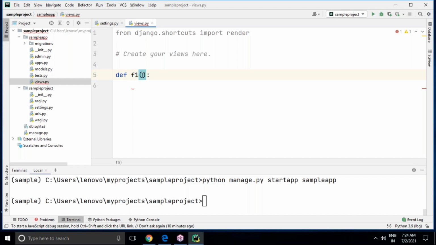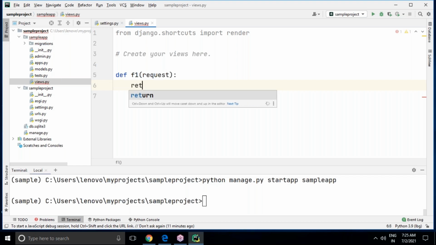It's my view name. And this function will have the default argument that is called request. Right now, this argument I'm not using here, but compulsorily we have to pass request because, as I said, Django is going to work with the client server architecture. So you should send a request and you should get a response. So whenever we execute the view, then the request will go to the server. After that, from the server onwards, we should get a response.